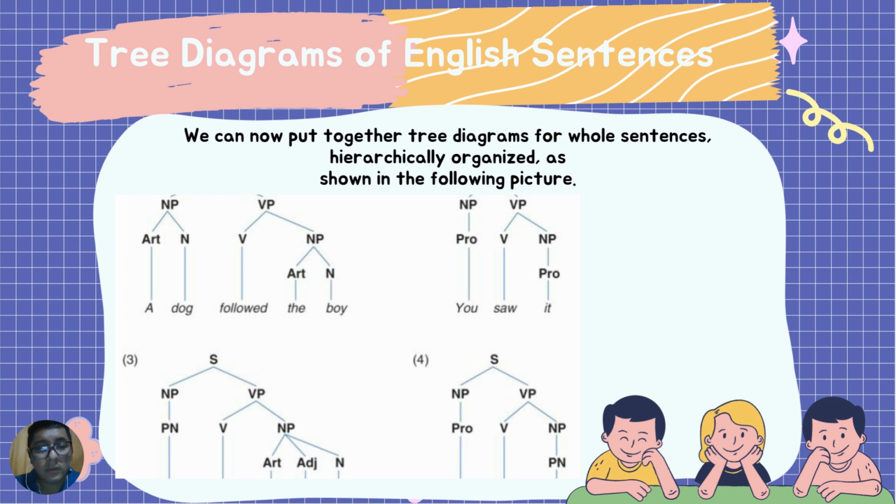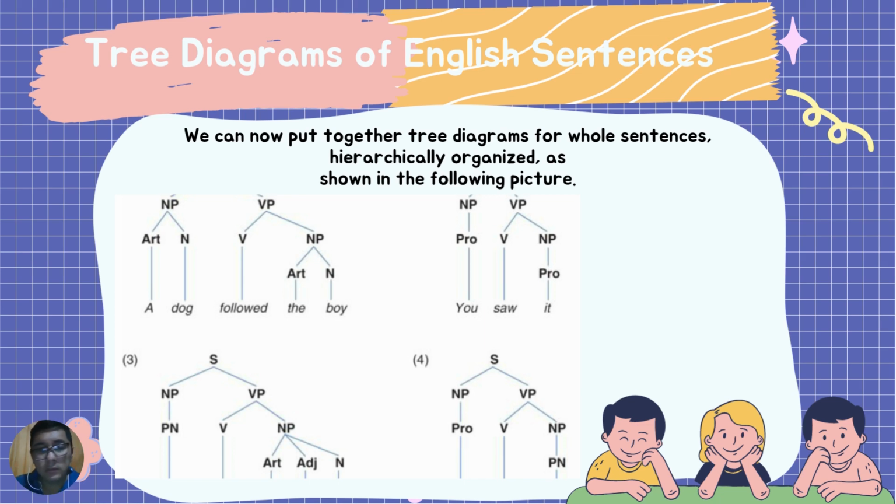We can now put together tree diagrams for whole sentences, hierarchically organized as shown in the picture below. As you can see here, noun phrase, a dog followed the boy. Followed is a verb, and followed the boy is a verb phrase, right? Here we have another example. You saw it. You is a noun, and saw is a verb, and it is, okay, noun phrase. And the next example,